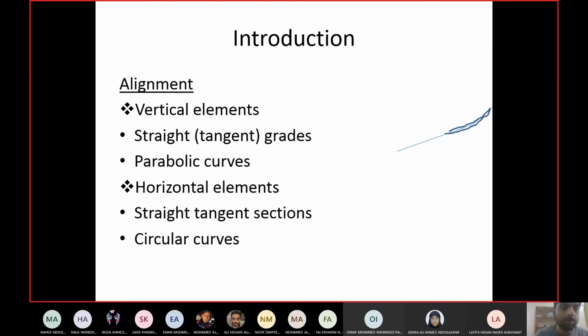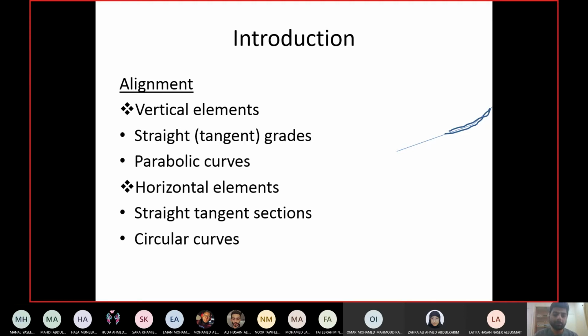So design of vertical alignment, design of horizontal alignment. Normally these two are taken separately. Okay, so you design vertical alignment first and then the horizontal alignment, or vice versa, but you do it one by one. Okay, so we will have a 2D problem. Why do we do it one by one? So we have a 2D problem, a two-dimensional problem. Okay, we don't want to deal with three-dimensional problems.